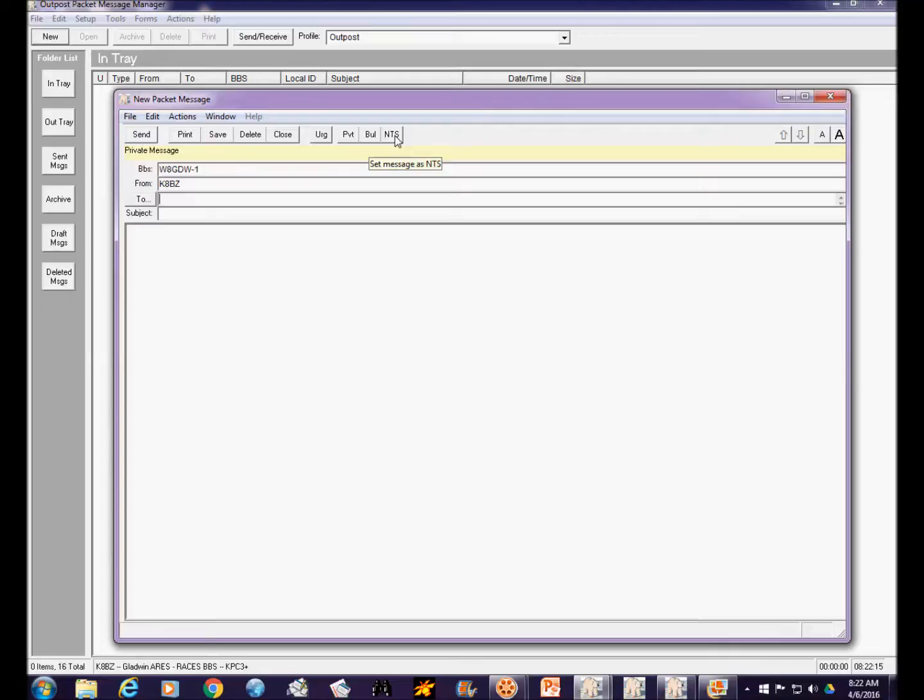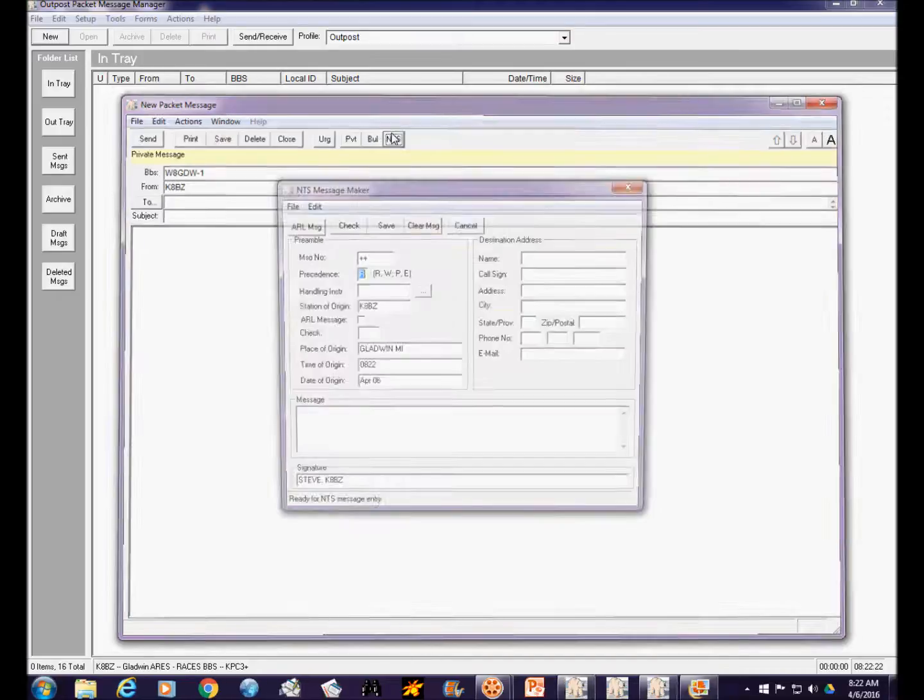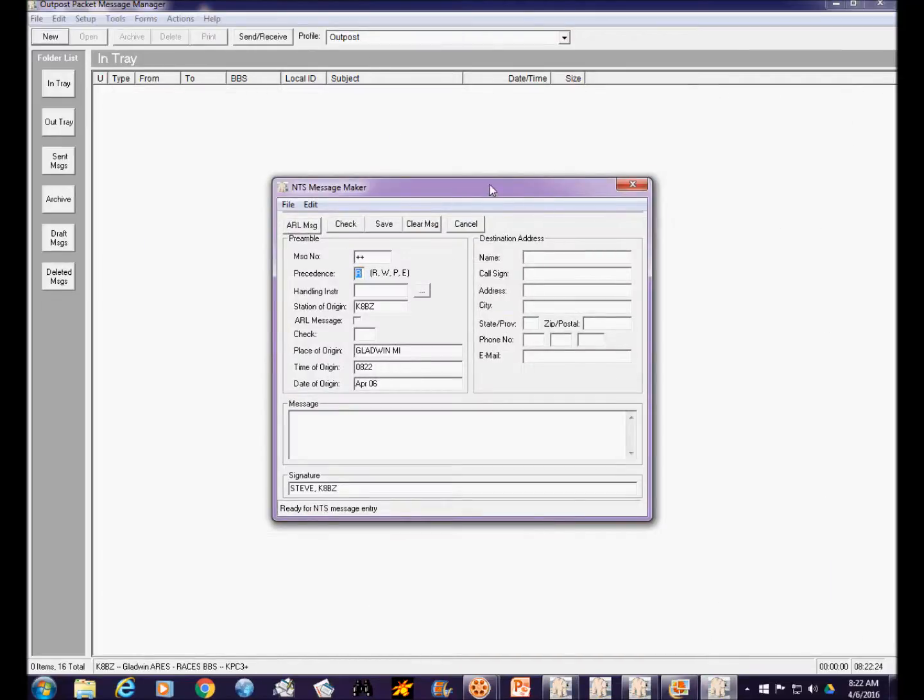Now when you select National Traffic System Message, it's not going to create the message in this window. It's going to create a different window altogether, specifically for National Traffic System Messages. And it's basically fill in the blank. It's quite easy. A couple of tips we'll discuss. If you're already a traffic handler, this is going to be very simple for you. If you're not, there's going to be a couple of new concepts, but it's not going to be all that